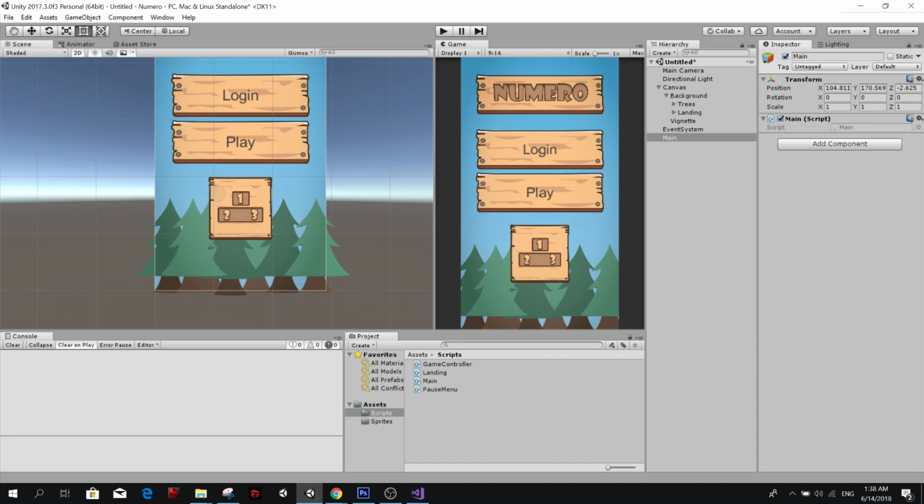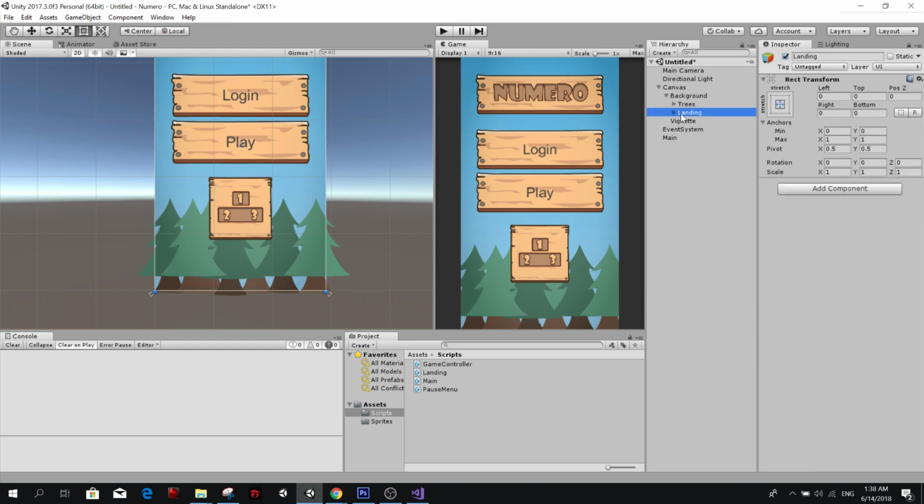Okay, nice. Now we have the landing, and we also have the gameplay, right? So let's call it gameplay. The gameplay is going to be a little bit different.